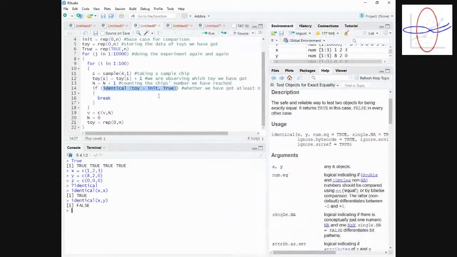Now here we are understanding toy minus init. Toy is greater than init. In this case, if you ask toy greater than init, this will be false, false, false, false, false, right? It will give an output false, false, false, false, false, because